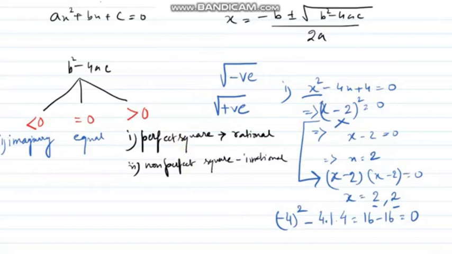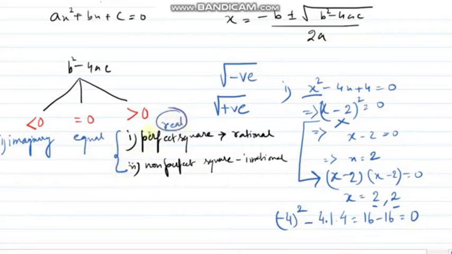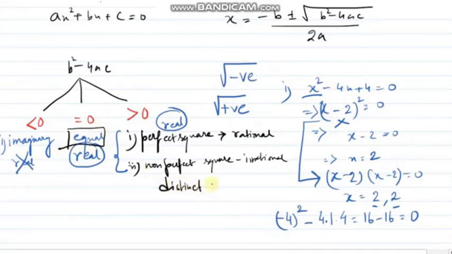Now three cases we have to remember. In the first case the roots are real. Also in this case the roots are real. This is the only case where the roots are not real. In the case where roots are equal, in the other both cases we are going to get distinct roots. So the distinct root condition is not equal to 0. Not greater than 0, and if it is less than 0, still the roots are distinct. I am going to solve some more problems in my next video.